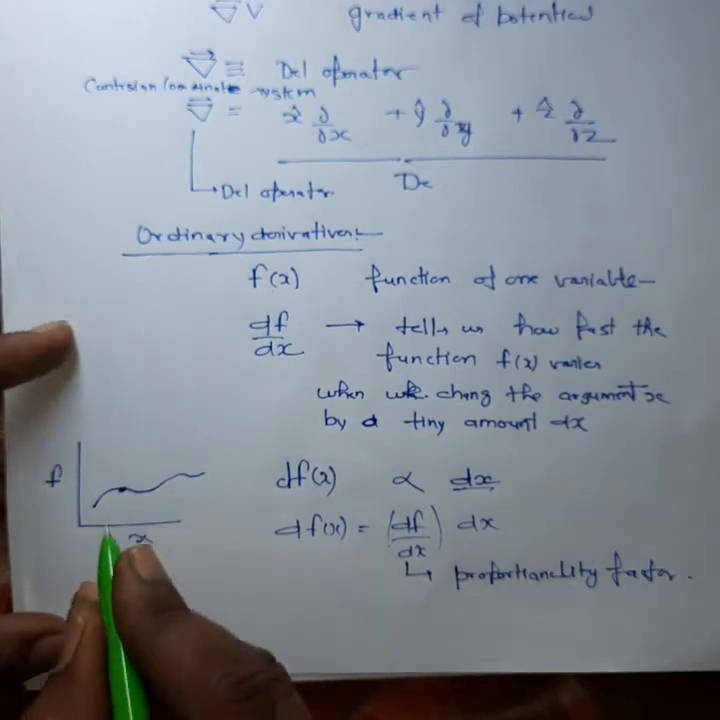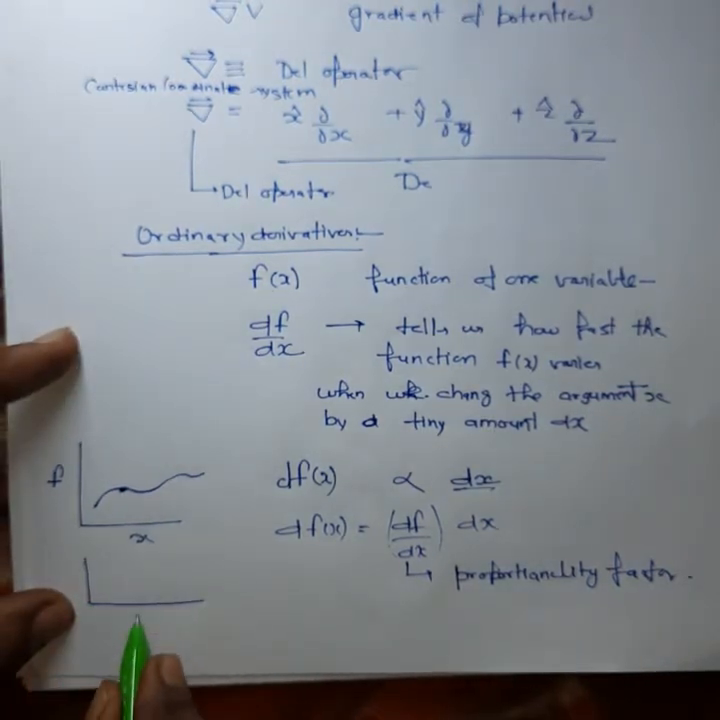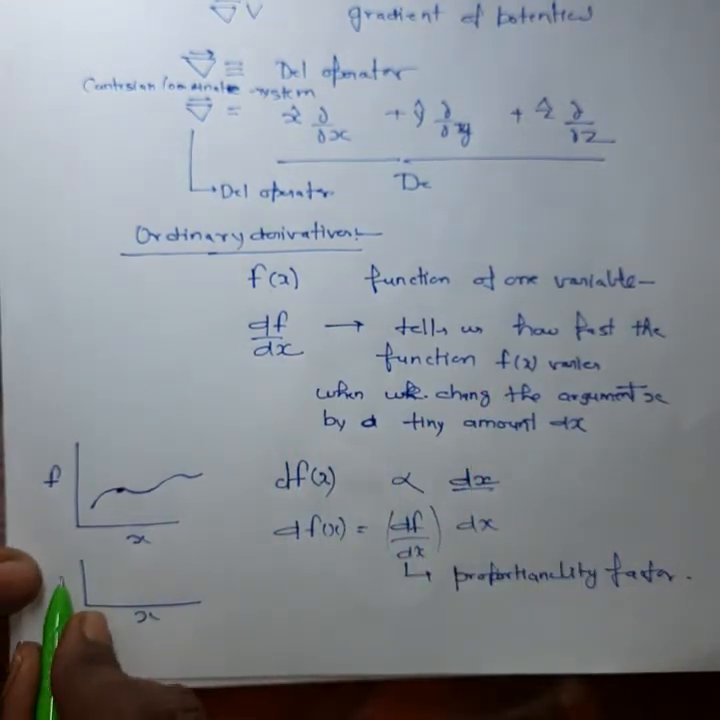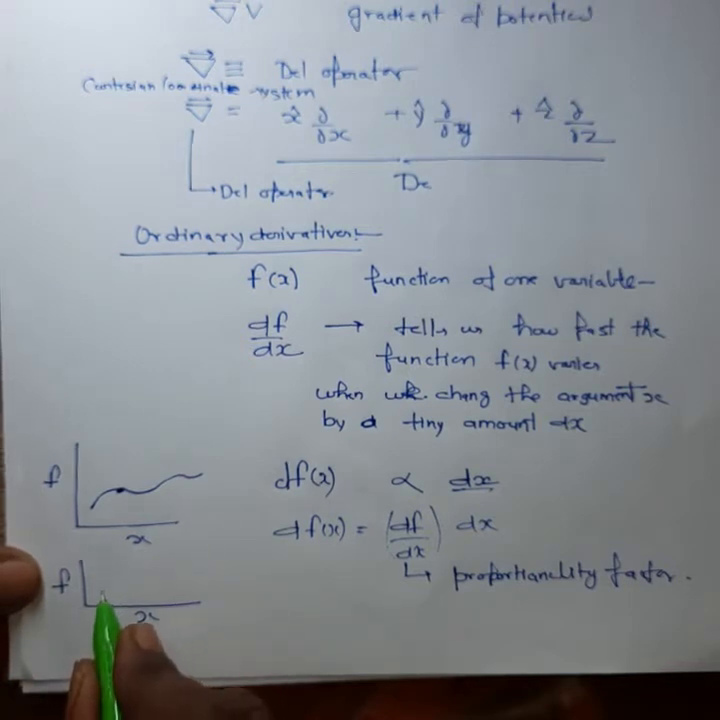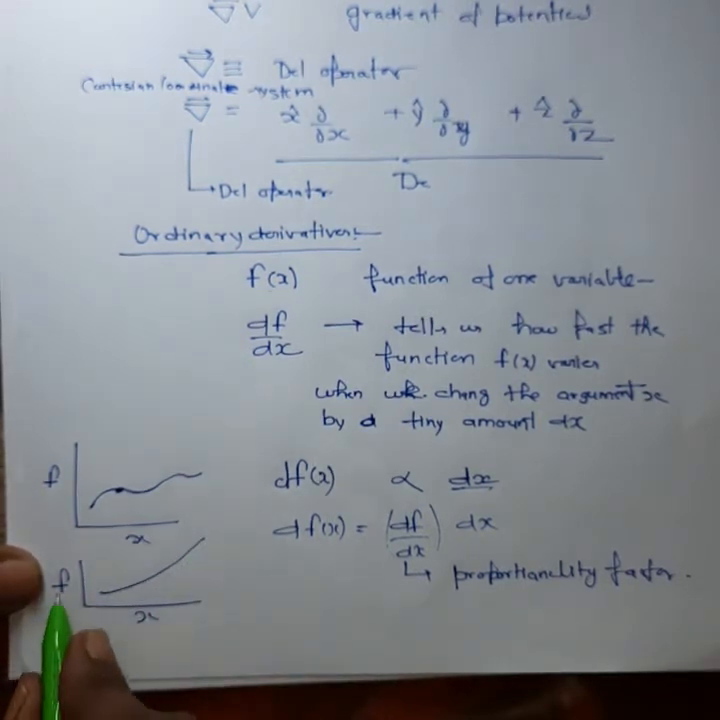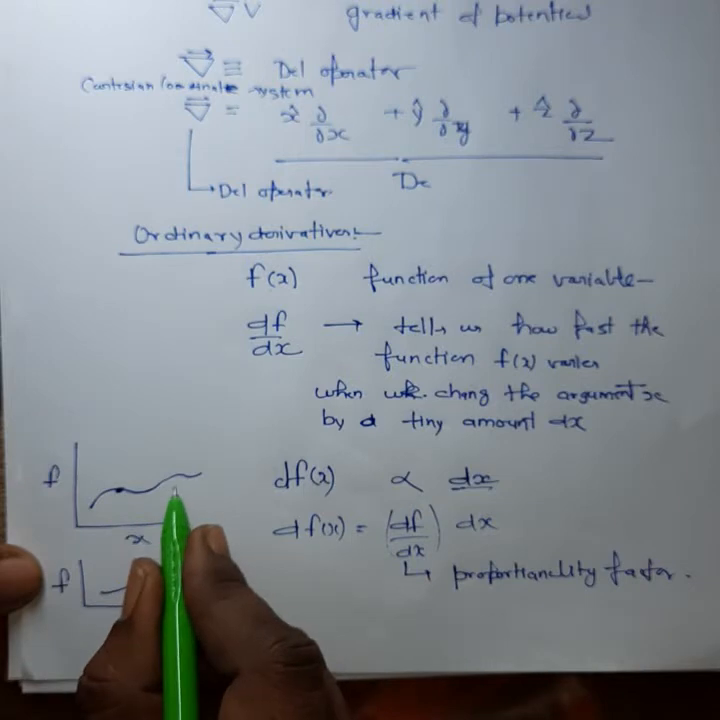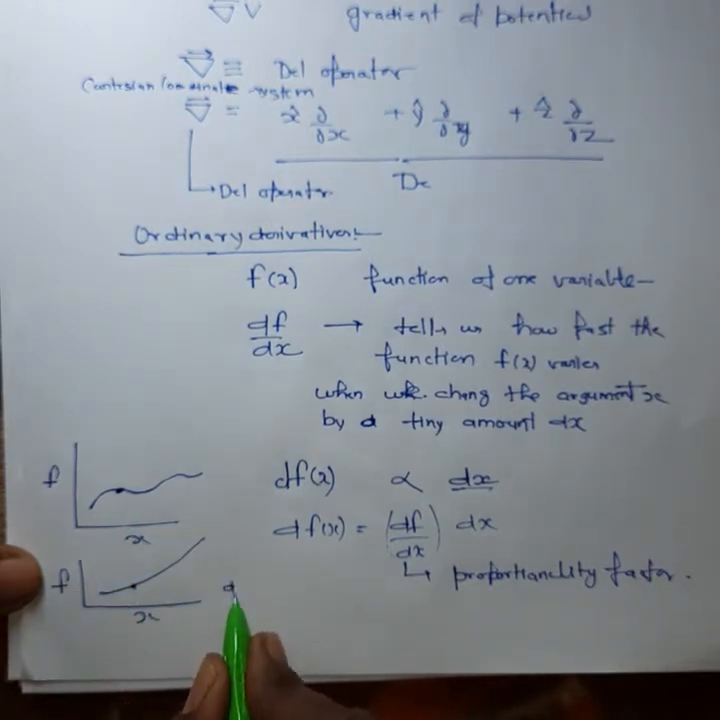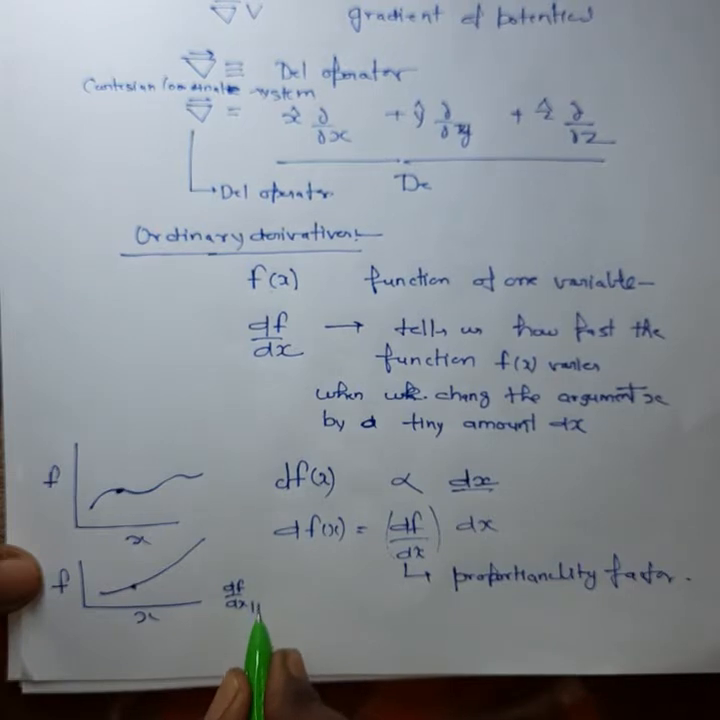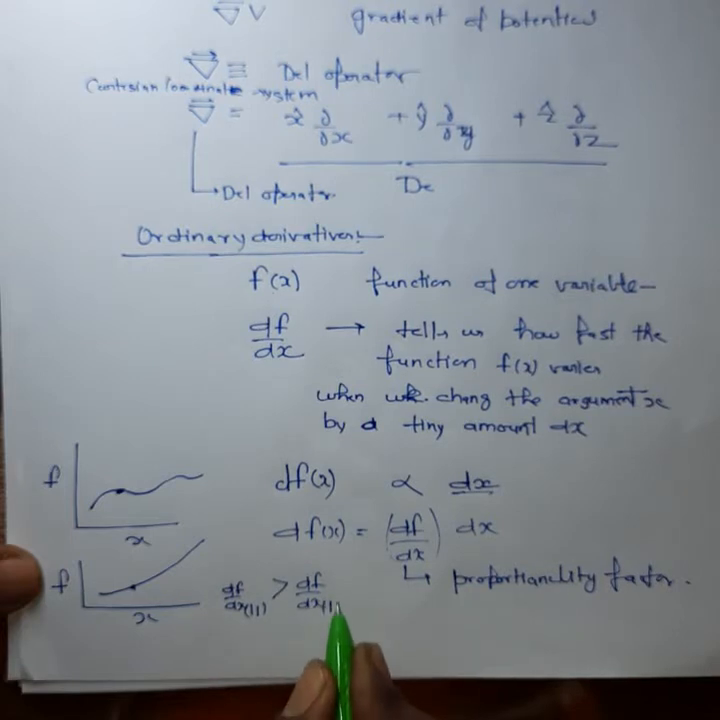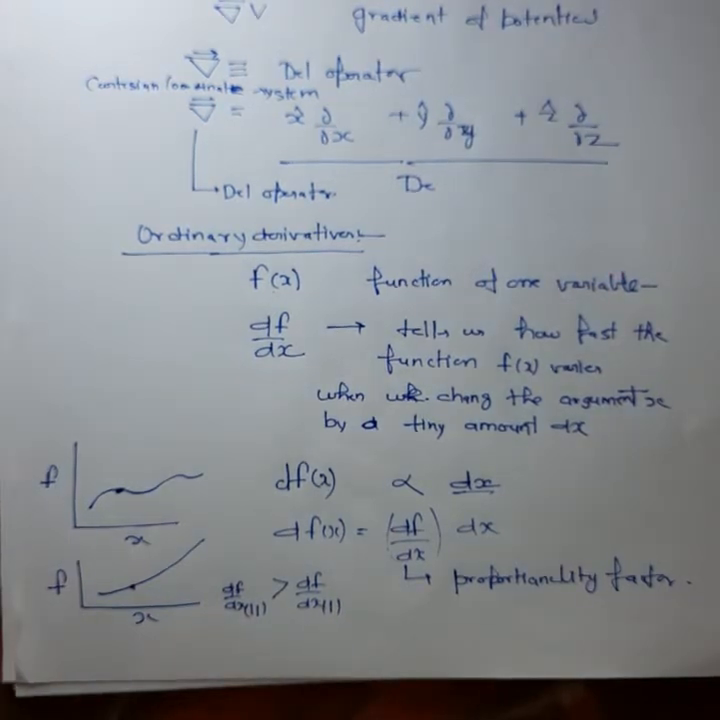There may be another type of function of x, and I am plotting it as a function of one variable. Now f as a function of one variable may increase like this. This is the plot of f with respect to x. You see here that f changes very rapidly as you change x compared to this graph. So here you can say that df by dx in the second graph is greater than df by dx of the first graph. Therefore you can say that